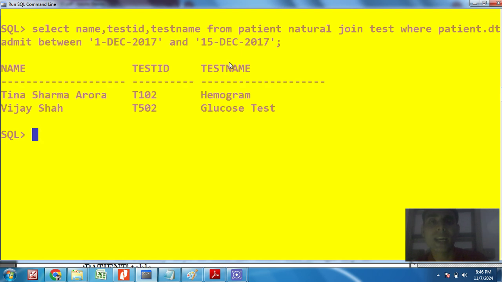Here it is answering me the name, test ID and test name. These are the name of patient, this is test ID and this is test name, where date of admission between 1st December 2017 and 15th December 2017. Names are Tina, Sharma, Arora, Vijay Shah. Okay, we can look at the table.